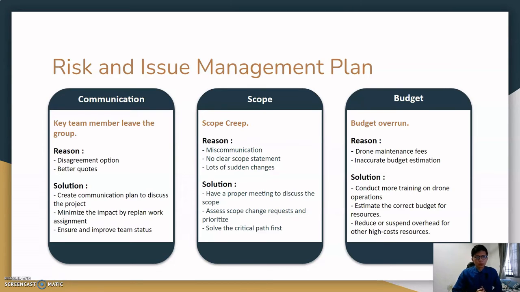So sometimes this will occur when a key member leaves the team due to some reason, such as disagreement of opinion, or even they are getting better quotes from outside cooperation. And we can solve it by creating a communication plan to discuss the project with the project manager. Also, as a project manager, we need to minimize the impact by replanning the work assignment. And last but not least, the project manager needs to improve the team status to avoid any unnecessary conflict